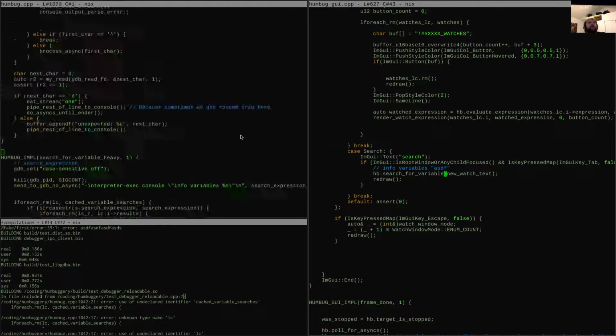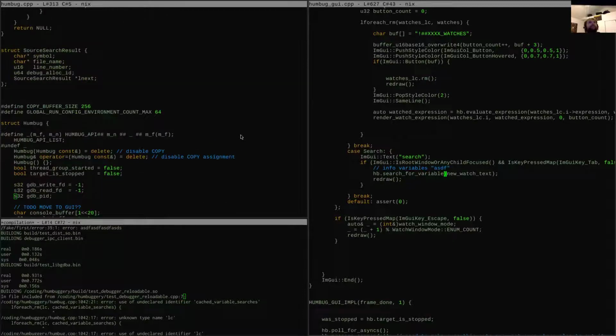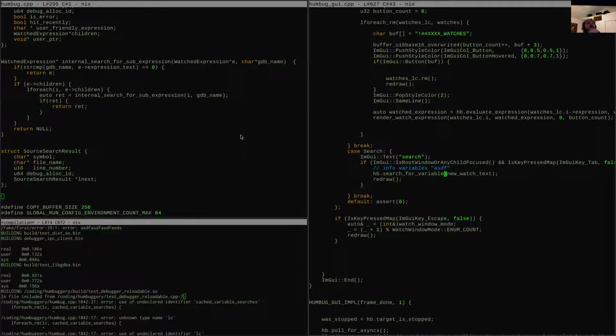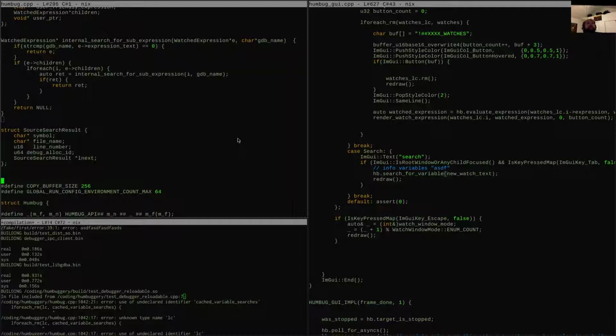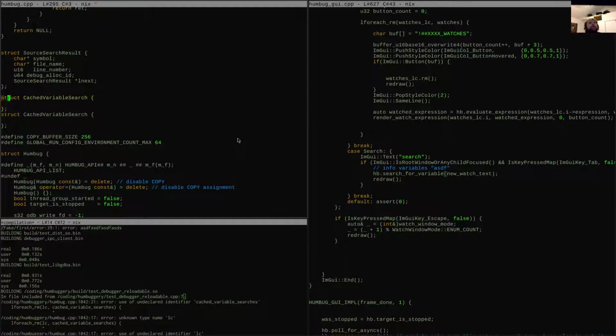So now we've got to do all of the things that make our code work. We're going to do a variable search struct. That is not the word struct. Struct cached variable search, and we're going to want result.